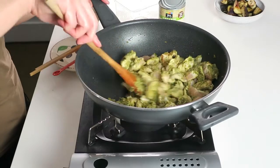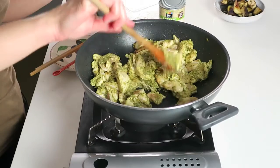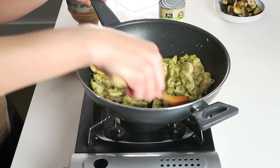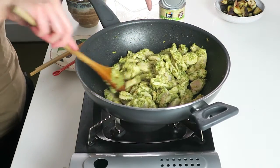So during the stir fry process, if you feel like it's getting a little too dry, you can add maybe a tablespoon of full-fat coconut milk if you want. But I think this should be fine. So now the heat right now is about medium-high heat. So you can see there's not much liquid in here because we're stir frying. And when the chicken is about,